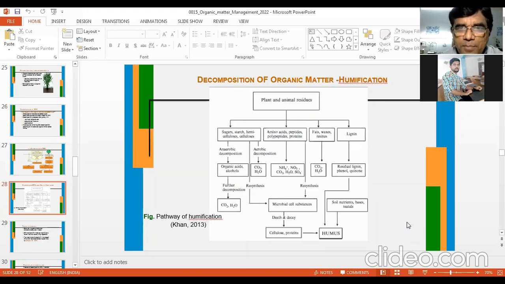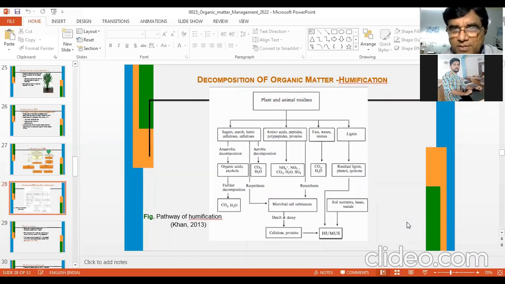The next is your amino acids, peptides, polypeptides, and proteins. So they are going for mineralization. And they can produce your ammonium, nitrate, carbon dioxide, water, and sulfur, etc. And then they can be resynthesized also. Another path of amino acids, peptides, polypeptides can be resynthesis by microbes. And these microbes can die. On their death, they will release cellulose or proteins,